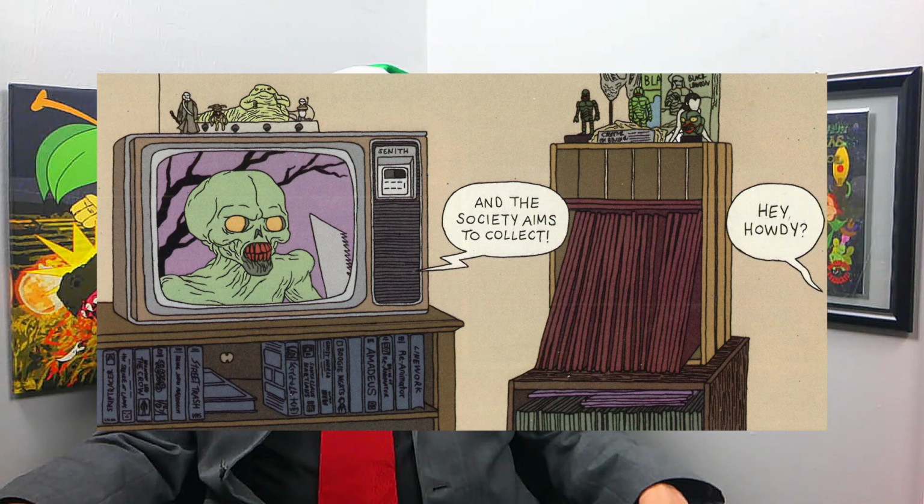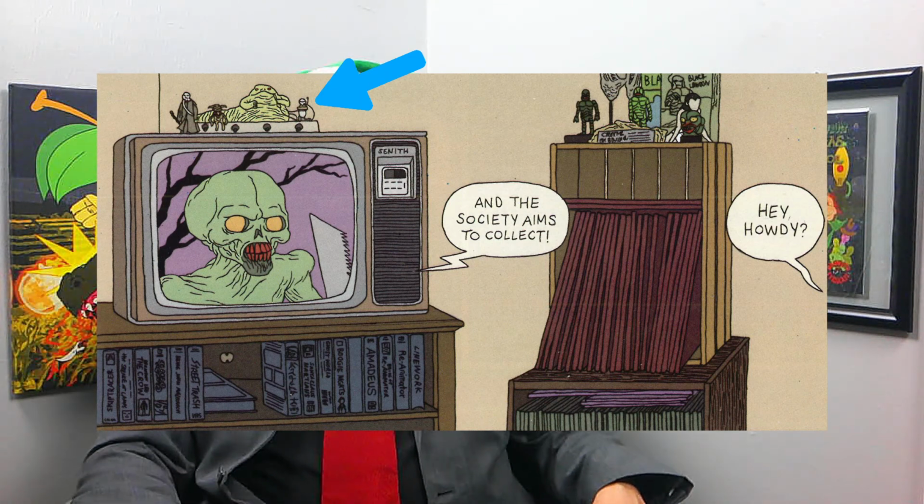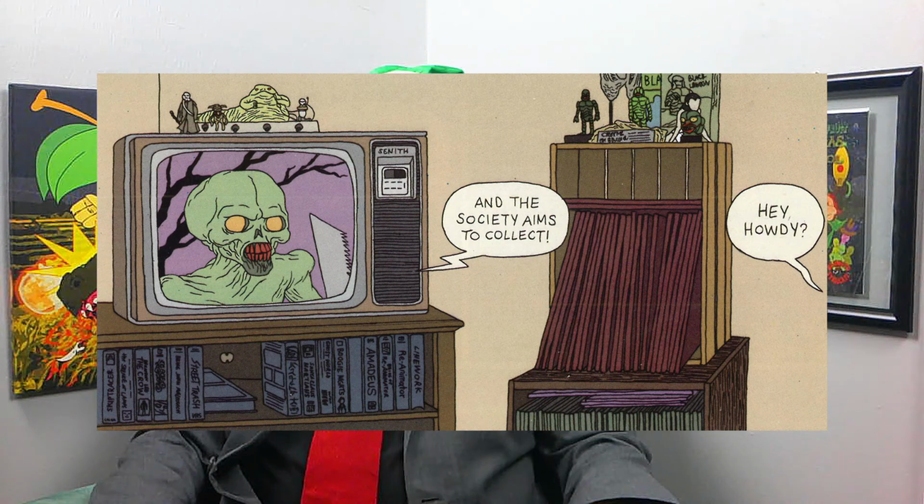I noticed the Jabba figure on top of my grandma's TV first, and I'm beginning to think that Enzo loves Jabba. Remember the guy in the Jabba mask from the Stabbity Bunny Gutt Ghost one-shot? Anyways, from the records to the figures on top and the VHS setup, I find myself looking over this panel